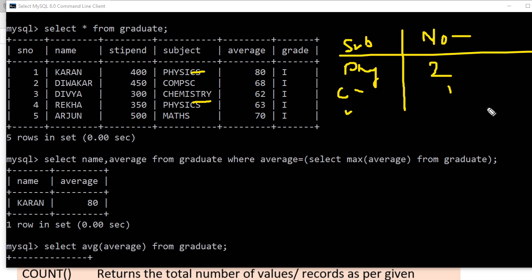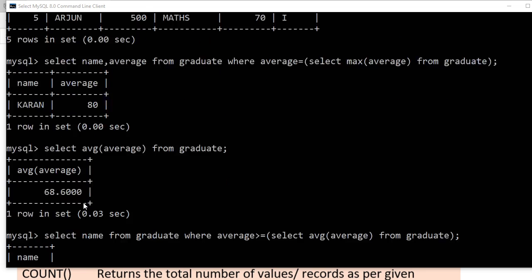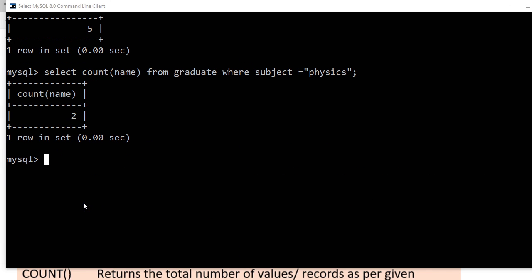How are you going to start, sir? Select subject, comma count subject from graduate, where subject is equal to select distinct subject from graduate, is it? Okay.